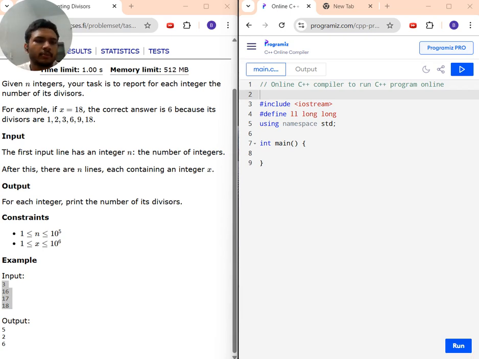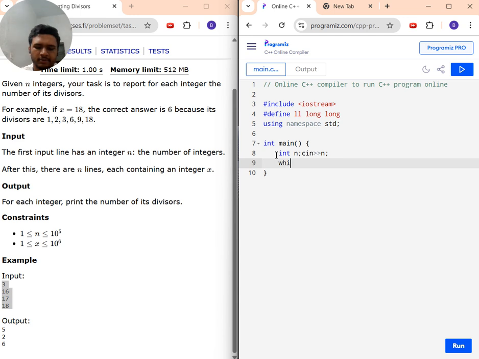Hello everyone. So today we'll be looking at this problem called counting divisors. The problem states that you will be given n integers. First you will take some input n and then you will be given n integers, and for each of those integers you have to print the number of divisors they have, right? So let's just take that input and